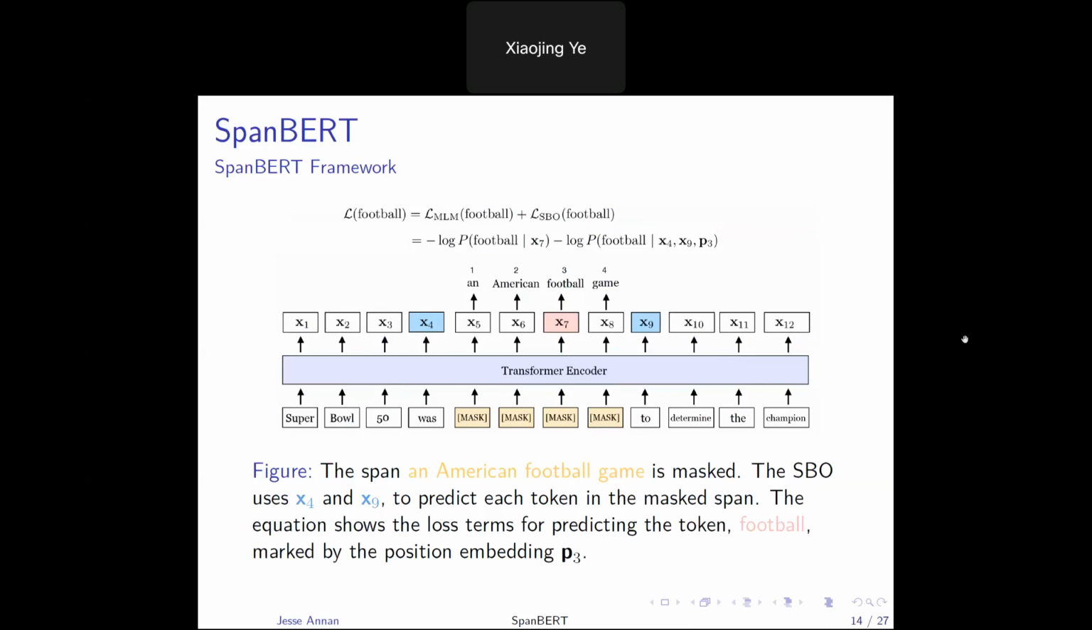This is the two. So if you want to predict what X7 is supposed to be, it's predicting that it is a football. So this is what it would actually do. This function passes it through the two-layer feed-forward encoder. Then it optimizes the prediction using the